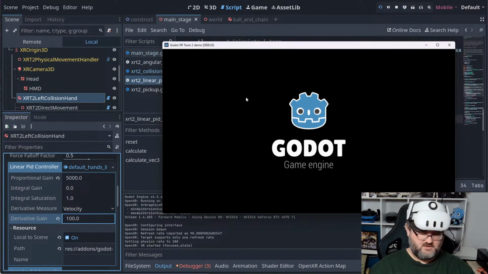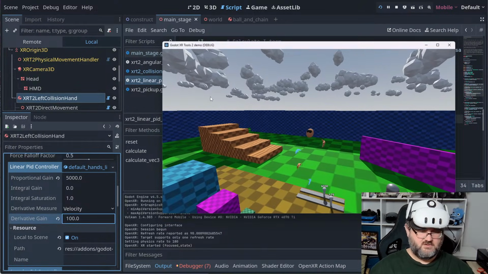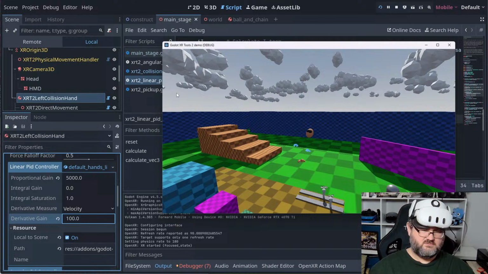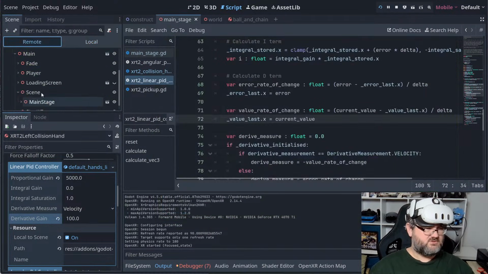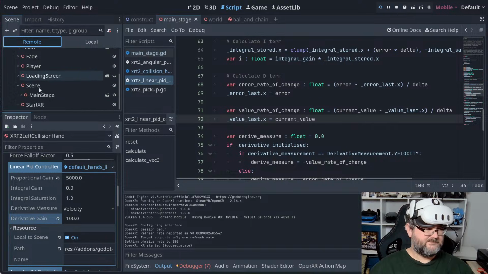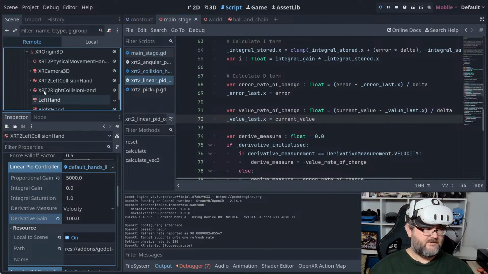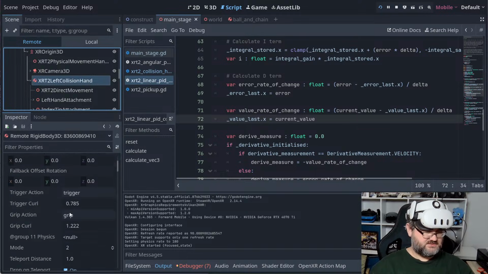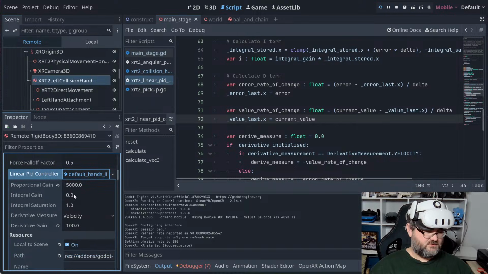If I go in here, oh, well, there were sort of individual. If we go here to remote, and I go in here, and I go to my left hand, and I go in here, I see that that's 5,000. If I make this 6,000,